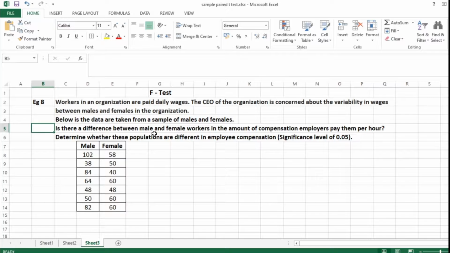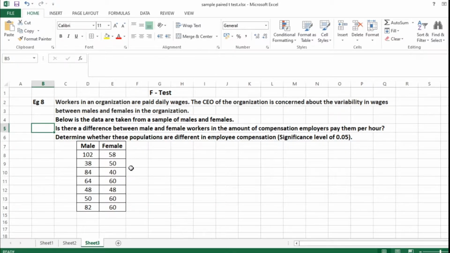So here I have a problem for you. The workers in an organization are paid daily wages. The CEO of the organization is concerned about the variability in wages between males and females in the organization. Below is the data taken from a sample of males and females in that particular company. I have taken nearly 7 data of male as well as female.